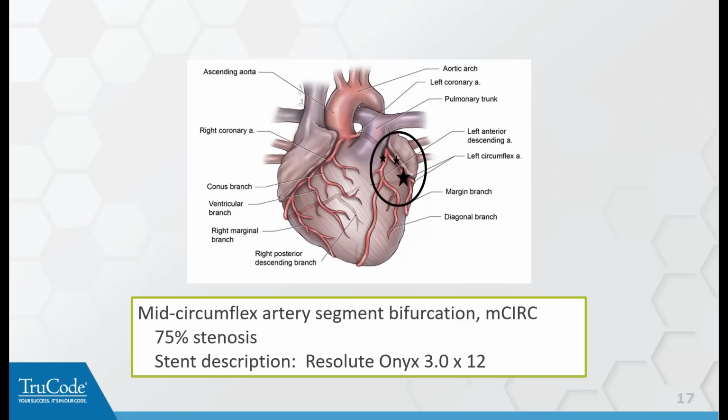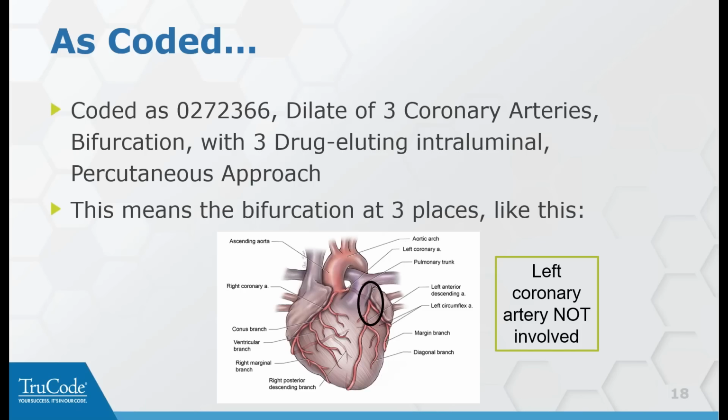So my suspicion is that just by opening that up and putting in that stent, it then opened up the obtuse marginal to get the blood that it needed. Although I will tell you, it's a real case and it is messy, but I just wanted to point out how assigning the codes incorrectly can tell the wrong story with the codes. All right, one last case on this, and we're going to move over to the right side of the heart now,